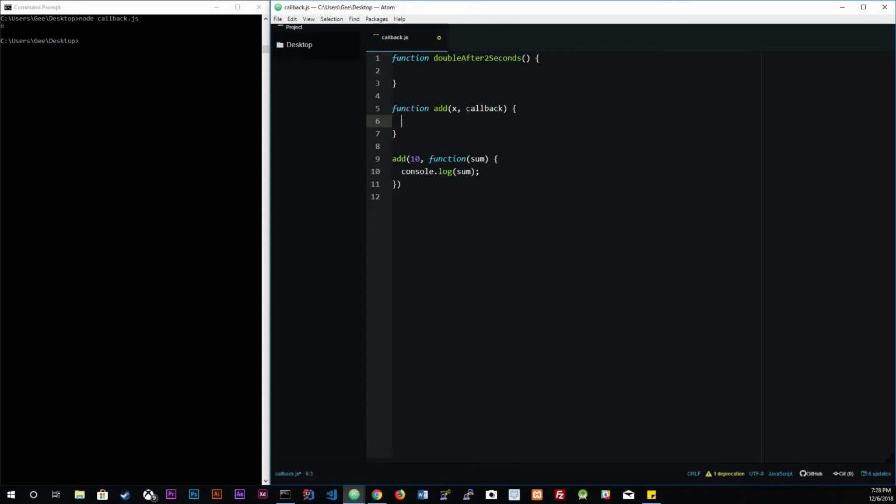Okay, in here, we already know that we want a double after 2 seconds, right? So we're going to actually call it here, double after 2 seconds, right? We're going to pass it an x, and here we're going to get an x, and we're going to put a setTimeout to